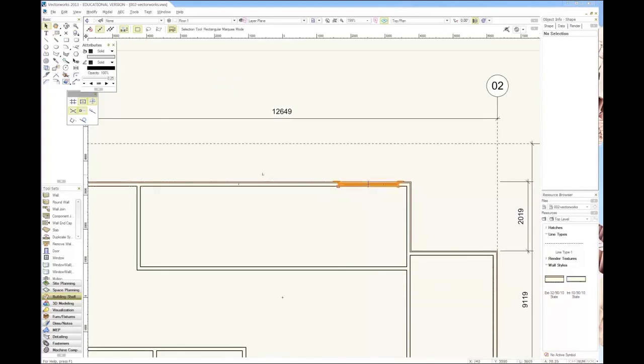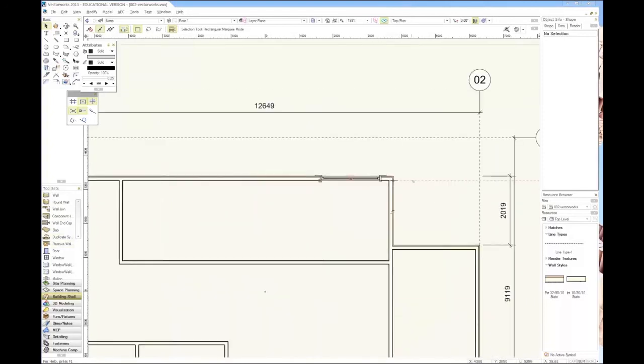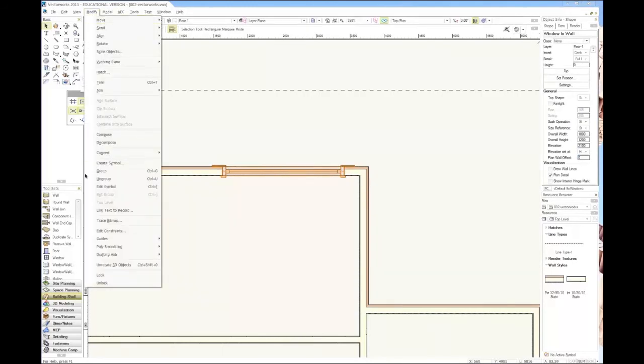So what if we want another one? There's a couple ways to do it. One is you can just copy that around, or you can just add a new window and make it the same as that type. But what we want to do is really make it like a component in SketchUp. And how you do that is you click on it, select it, and then you go modify, create symbol,